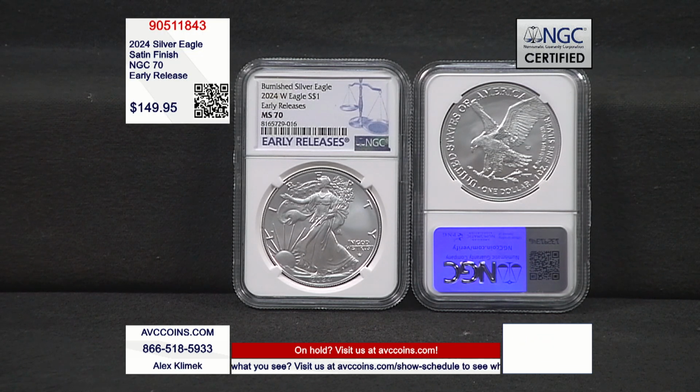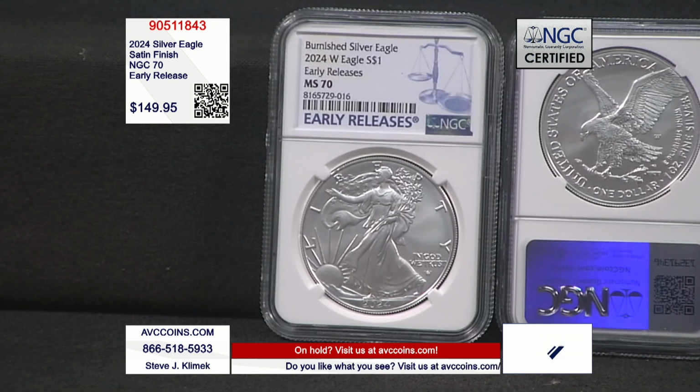So in 2006, for the 20th anniversary of the Silver Eagle program, which started in 1986, we introduced a new type of finish, a new type of strike in the Silver Eagle program. We had unks, we had proofs, but now we have a unique sandblasted finish. They call it burnished. Now, the nickname in the industry is satin finish, and that comes from Allison explaining this,